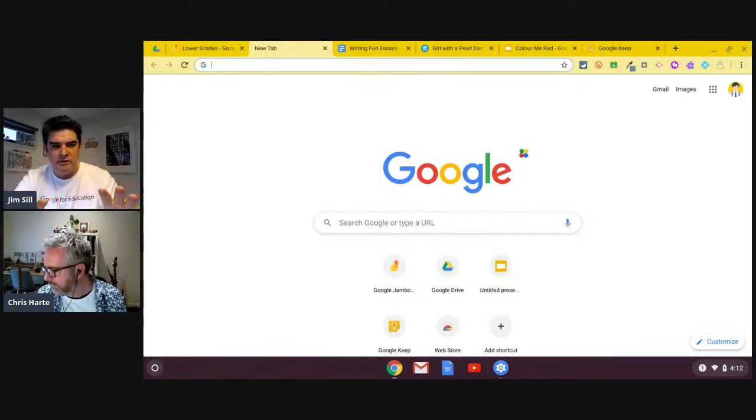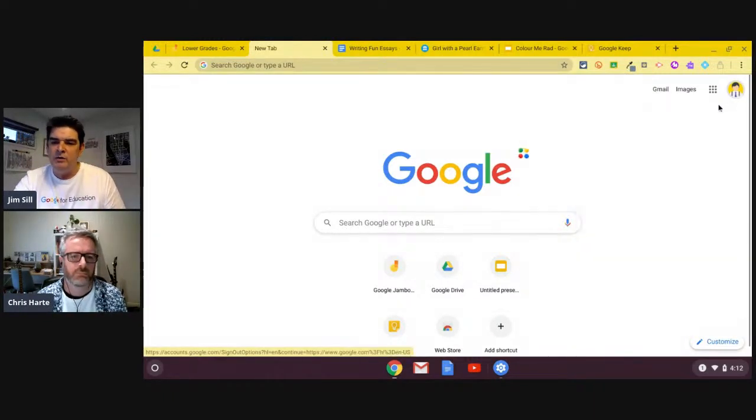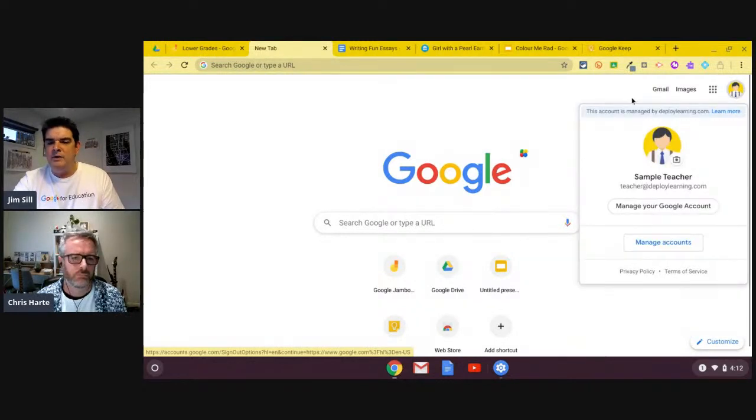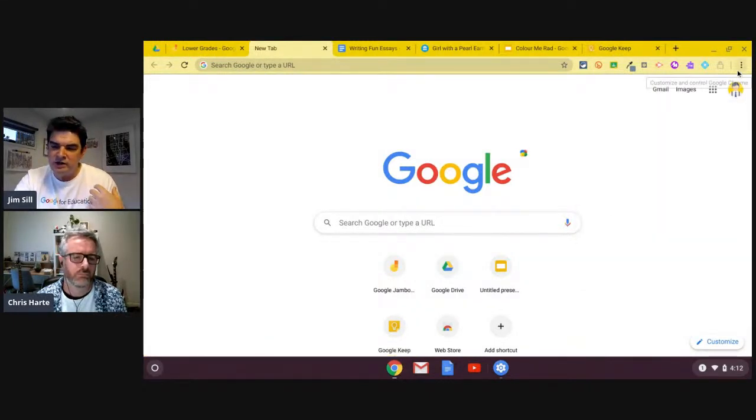But before we talk more about the Omnibox, let's talk about the browser itself. One of the things about the browser that I think can be very good for us is that you can see over here I'm signed into a test account, and when I click on that, I actually can go into